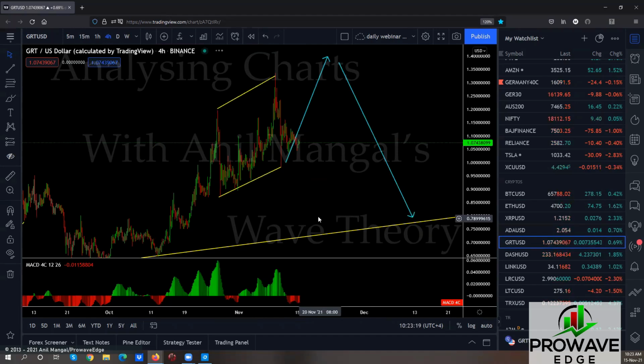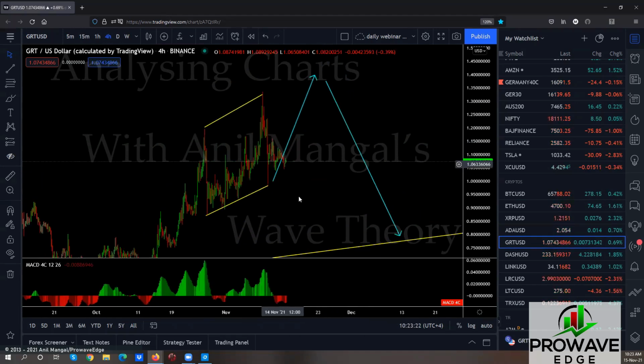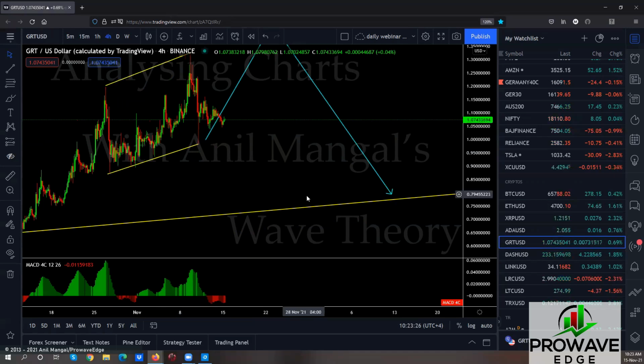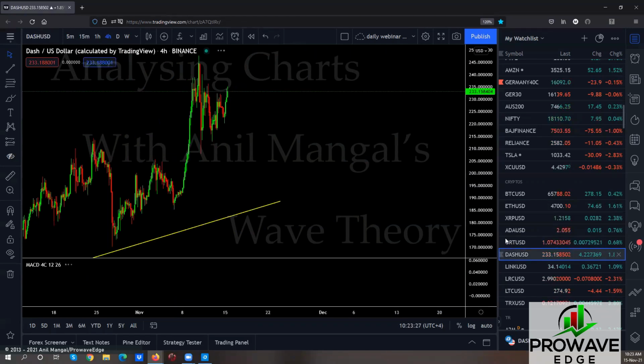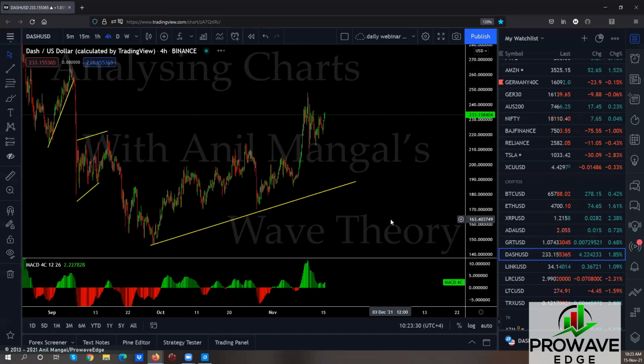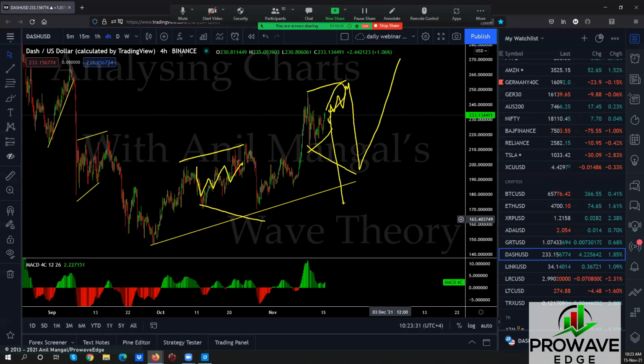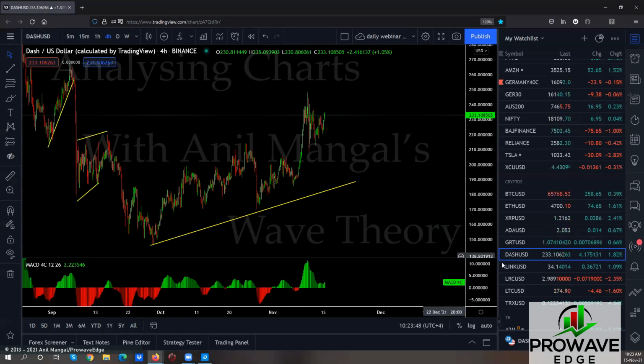This one, probably gonna go up higher because these two waves are pretty sharp, so I wouldn't be surprised if this goes and makes a new high. I don't see the sell setup in this yet. Yep, you're going sideways. And the last time they did this, it broke the top and they made a flat there. So can we repeat this and go break the top, come back here and then go make a flat like this? Possible. Should we buy into this? Nope, look for a sell setup, even if it breaks the top.